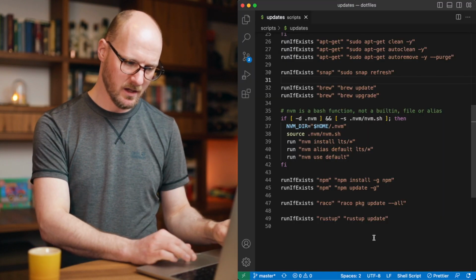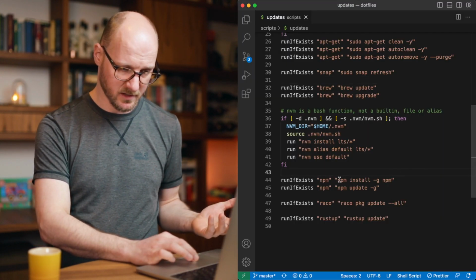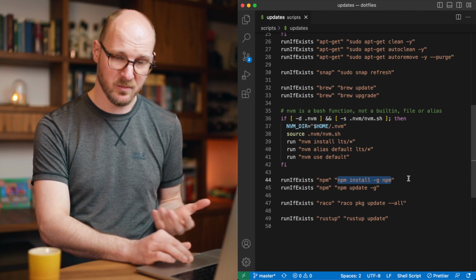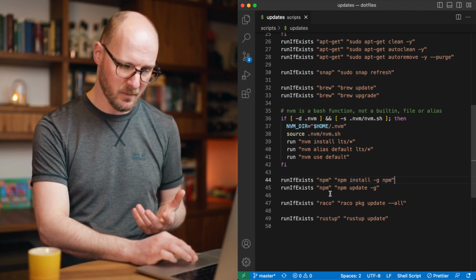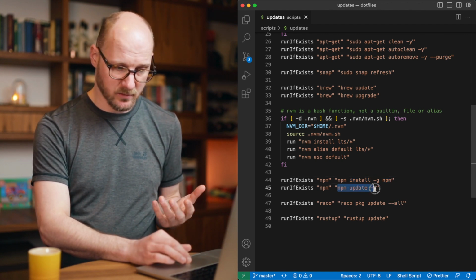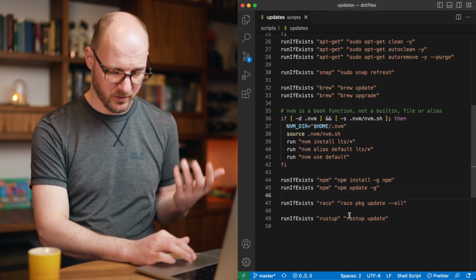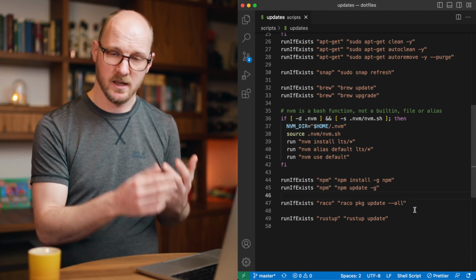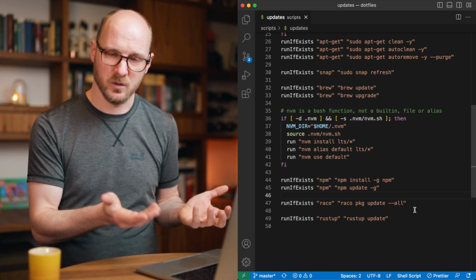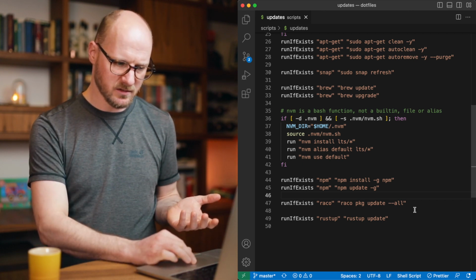Now back to updates. There's other things my update script does. It makes sure you have the latest version of npm by just running this command all the time, and it updates all the global packages that you have. I use Racket as well as a language, and Rust as well. I want the packages that are installed to be updated as well. So this update script just